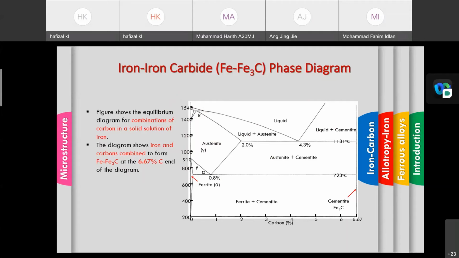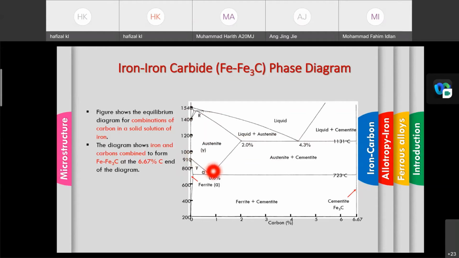Okay, so we can see there is information of the alpha ferrous here. And then we have the cementite. Okay, the term cementite. After this, we will explain more on the cementite. And then we have the region here below 723. We have the ferrite plus cementite. And then we have the region between 1131 and 723. There is austenite plus cementite. After this we will see more. And then this is the austenite region.